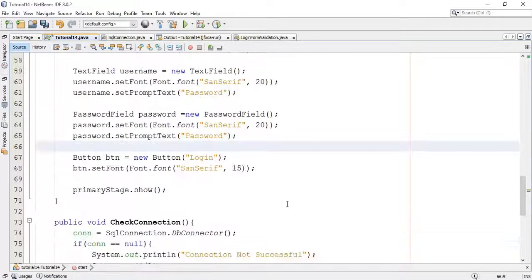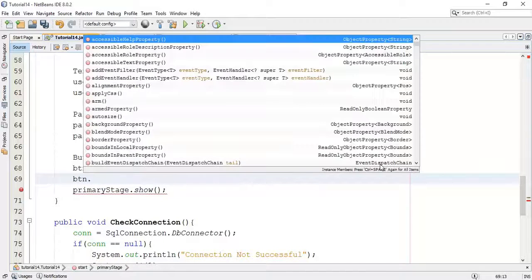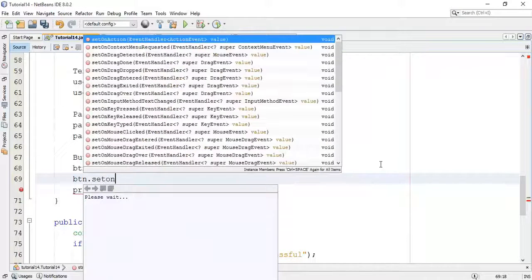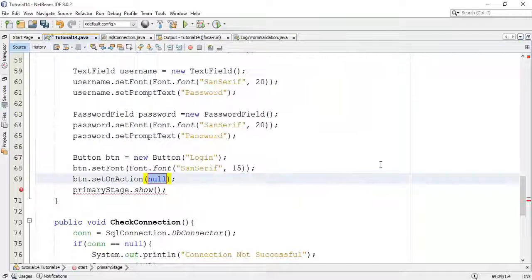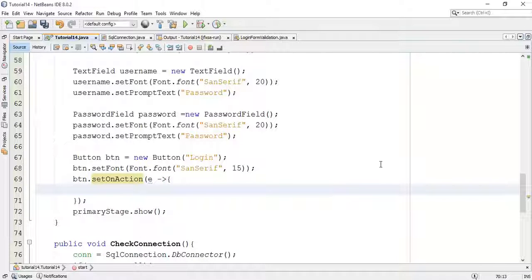So next I'm going to add a button action for the login. So button dot set on action, I'm going to use a lambda expression. And I'm going to add a try catch block.